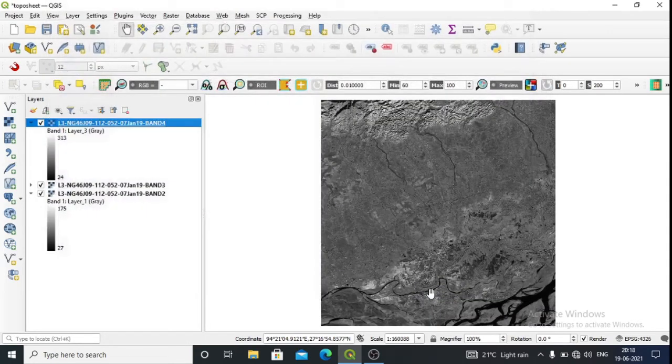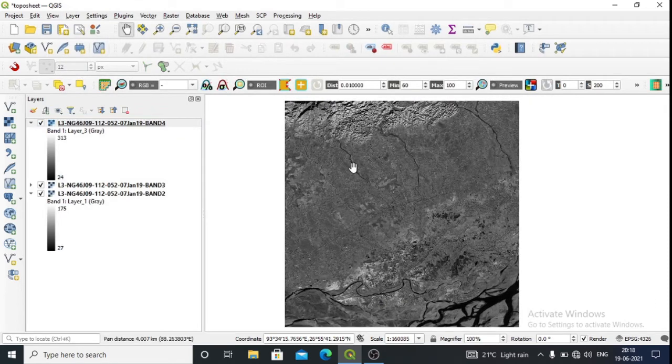Then close. Now see, the Landsat image which was downloaded from the web is being inserted in the QGIS. Now we are ready for the image processing. That means the different features which are available over here, we'll try to identify all those particular features. We can see this map is inserted on the screen in the QGIS. Now we are ready to identify the different features which are available on this particular image.